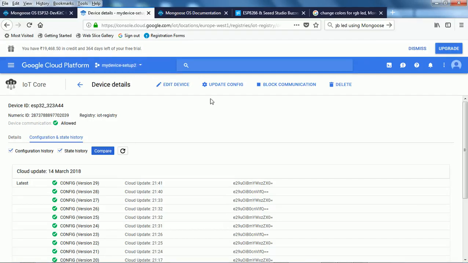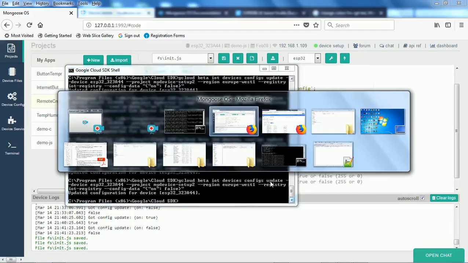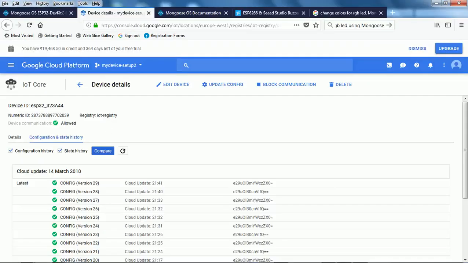This is the gcloud beta iot devices configs update command, so we are going to update the configuration. We have given all this detail like device ID, project ID, then the region.